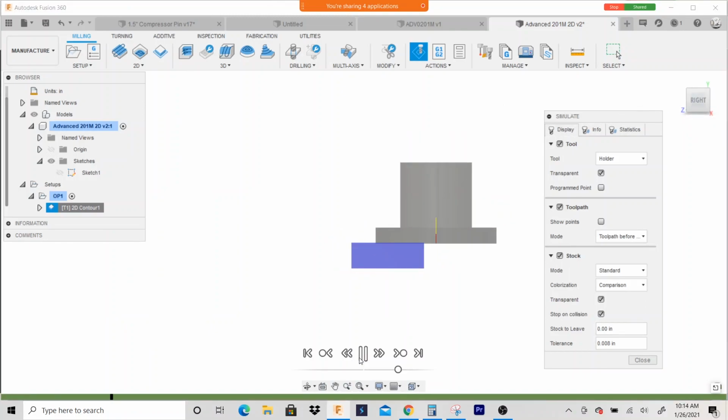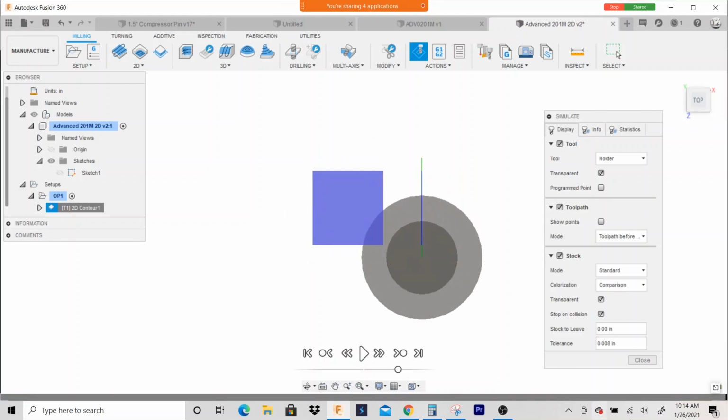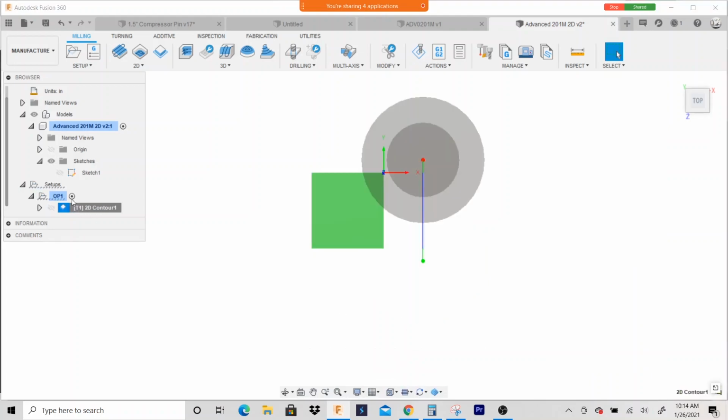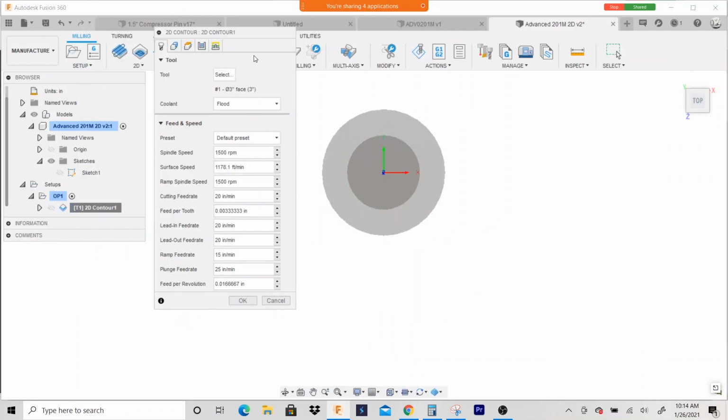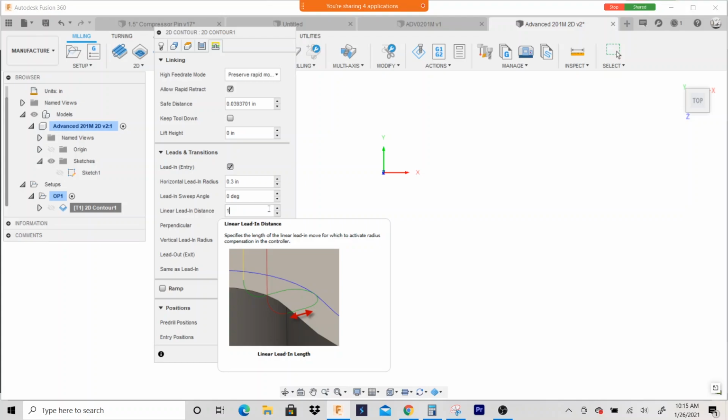now you're gonna have problems. See how it comes down on top of the part? Because I took the radius lead-in and changed it to 0, I would need to make sure that my lead-in distance right here is a good distance. So you got to think, if it's a 3-inch face cutter, I would need a lead-in at least a radius value of that. So 3 inches diameter, the radius value would be 1.5, right? Now you want to add an extra 100 thousandths for clearance, so you're not skimming the part as you go down. So I would go 1.6,